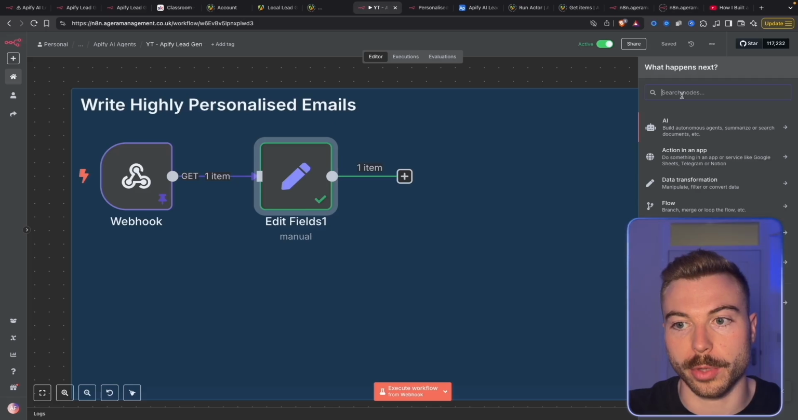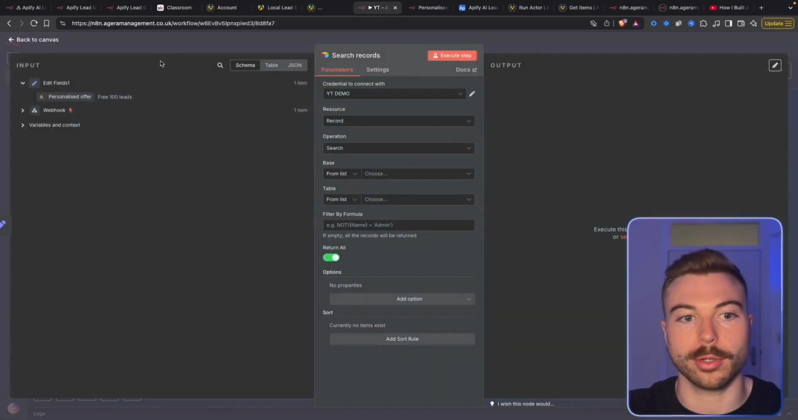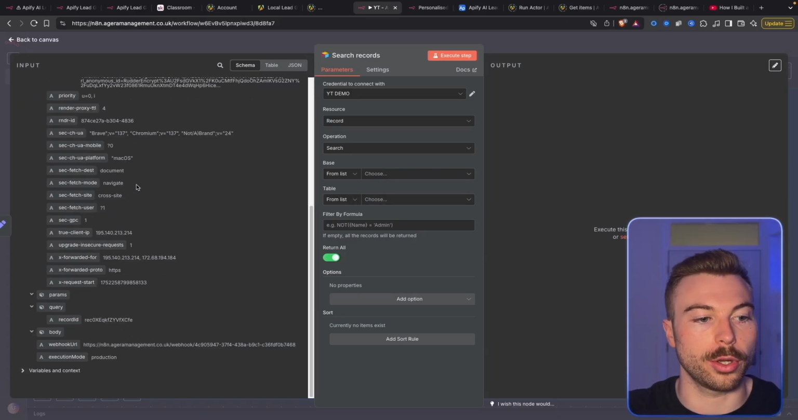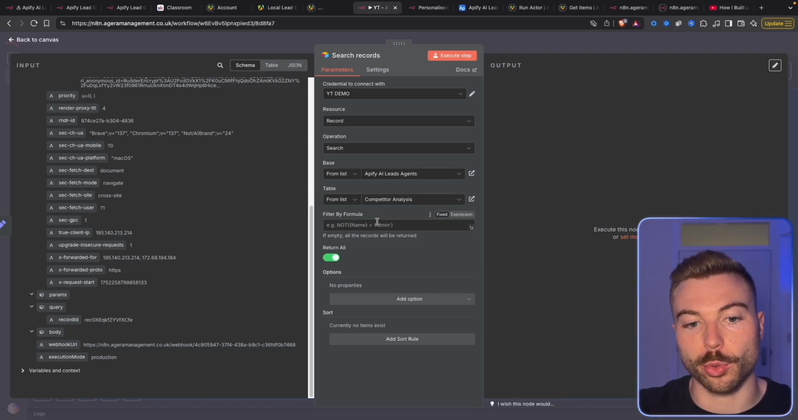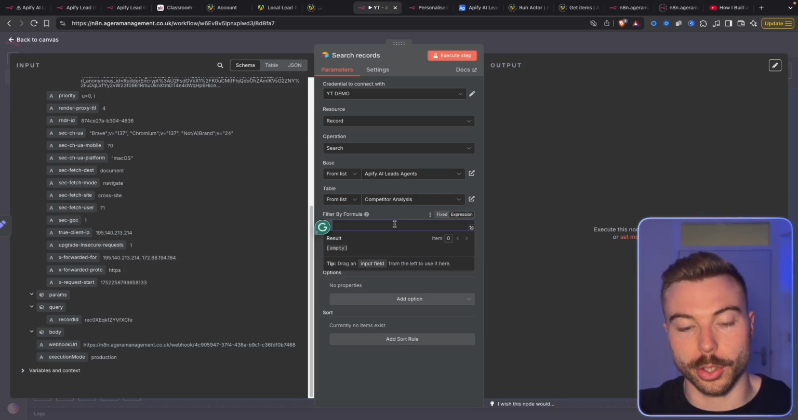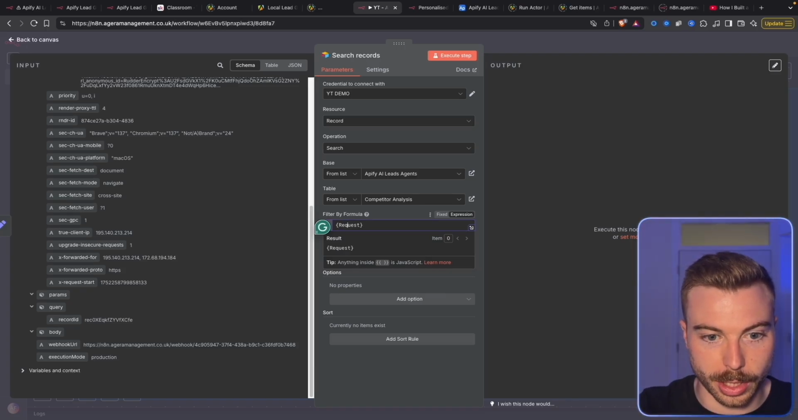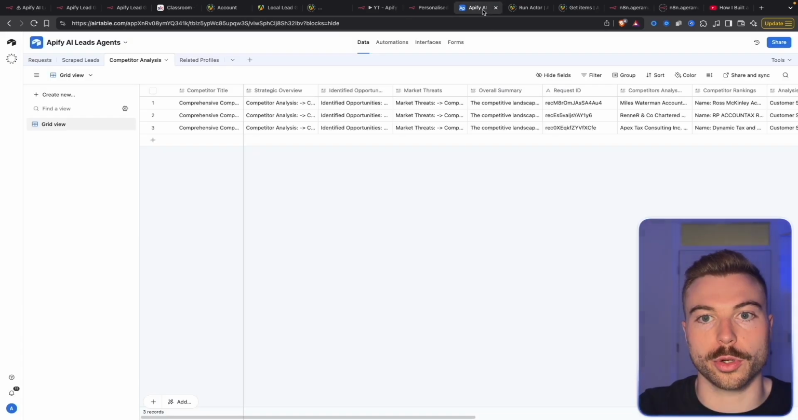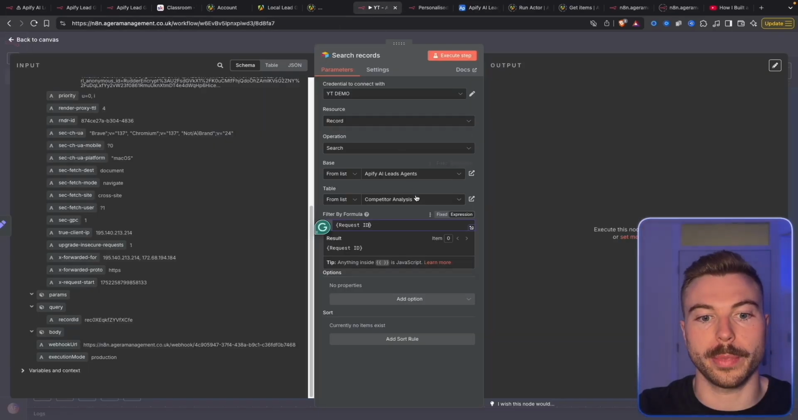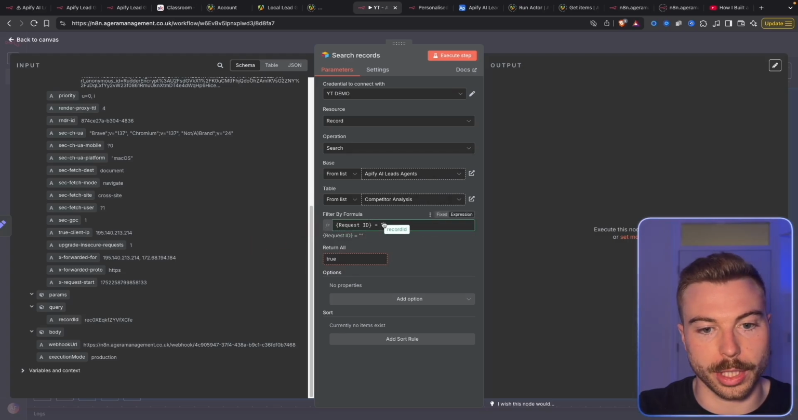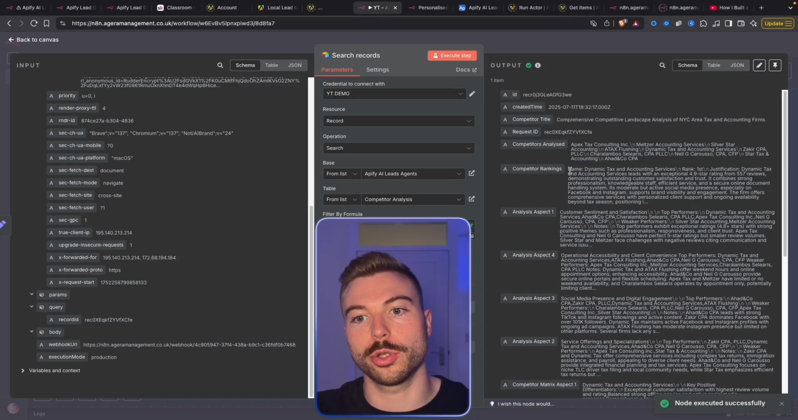We'll come across and do Airtable. We're going to do search for records. We're going to need our webhook from a bit earlier on. Now I'm going to start with the competitor analysis, and we're going to need a filter in here. So we're going to change this to request, but we're going to need to put it in some brackets, request and then ID. We'll come across to where we've got our Airtable. We need to match it with this column here. We'll come back across. We're then going to put across the record ID from the left. So now what we can do is if we do execute step, it should be able to pull back all